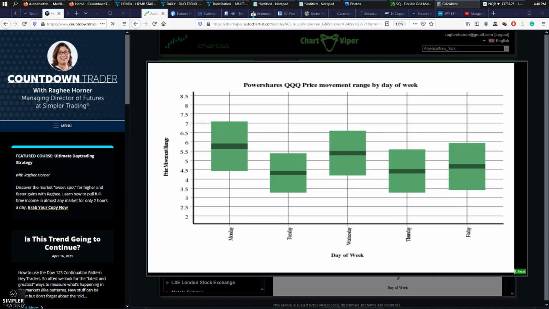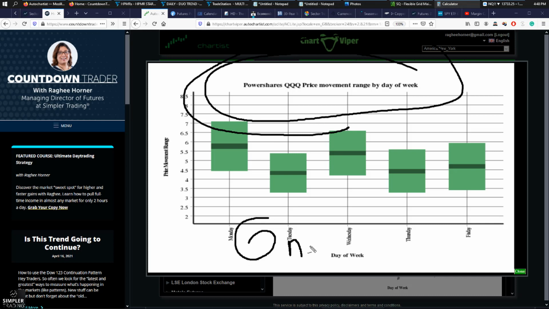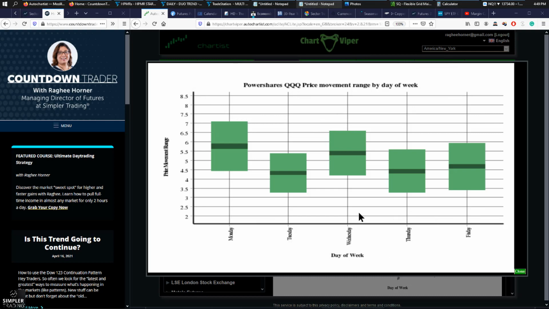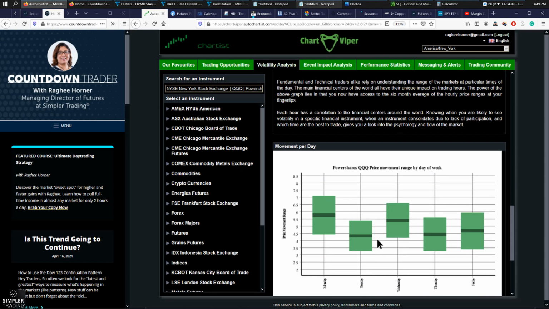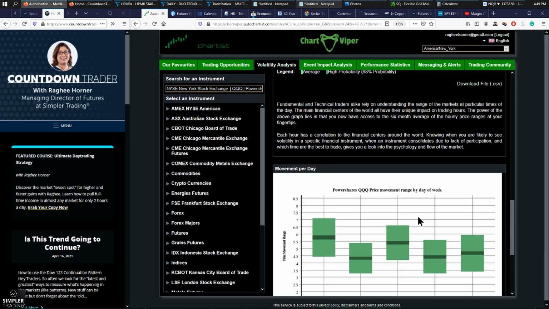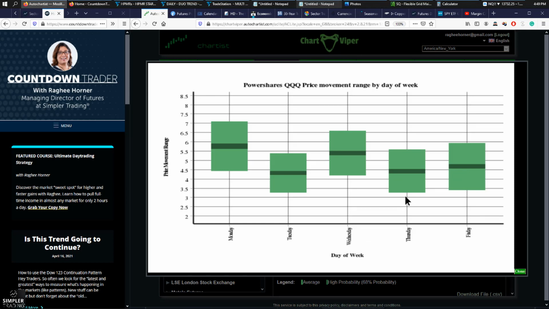So what I use is historical price movement ranges. And what these are, if you've never seen me use these before, is a 6-month look back and a 68% probability of what a symbol does, say the QQQ, on a particular day of week, or we can even get as granular as the hour of day. All right, we can even do that. And what this is going to allow us to do is put a measuring stick of normal against the market versus what it's done for the past 6 months. And this is a tremendous edge we have as traders to know where panic levels are and where they aren't.